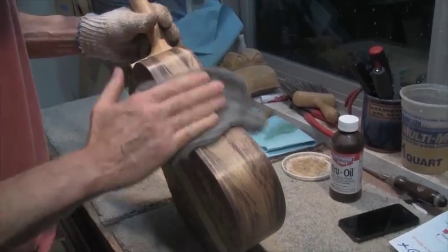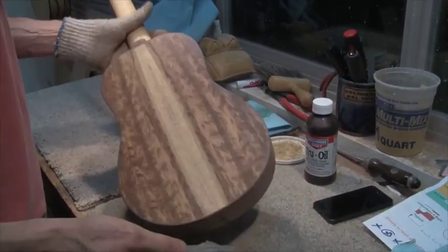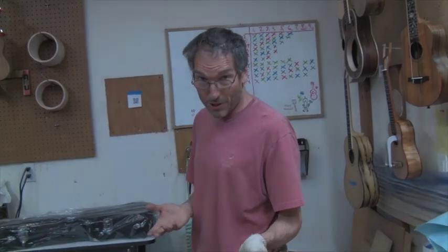In any case, there's dust floating around and it gets stuck in the oil. And I'm just making sure that it all comes out, kind of denib it. All right, that's good. Now I blow it off because I don't want to get that steel wool dust under